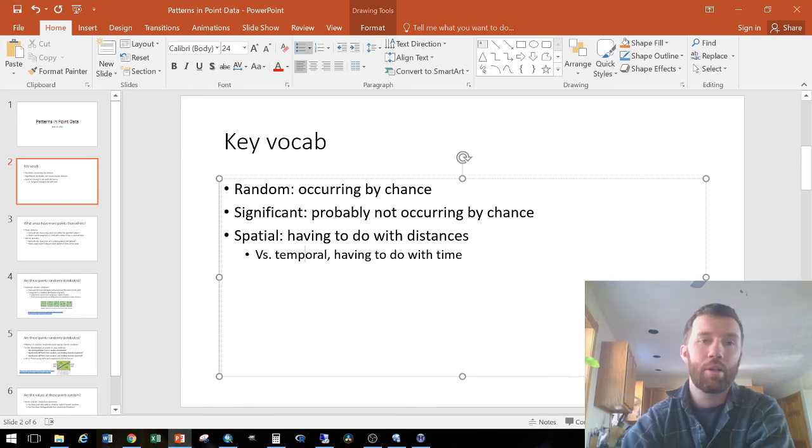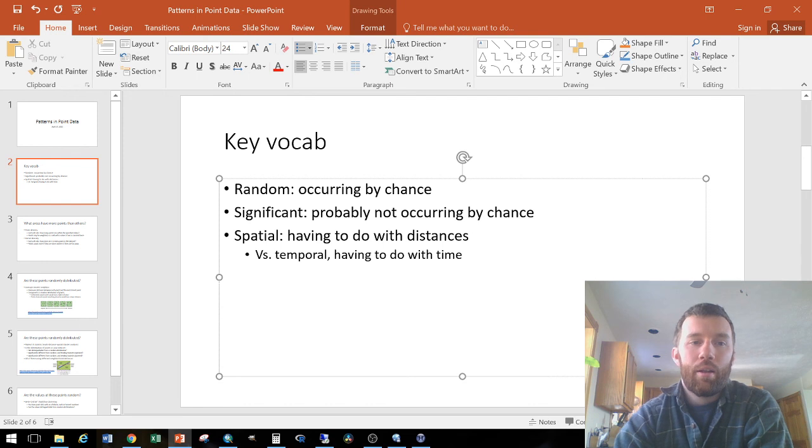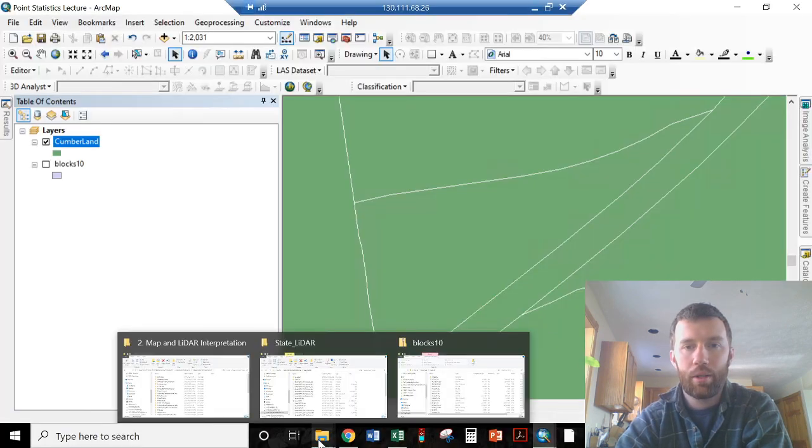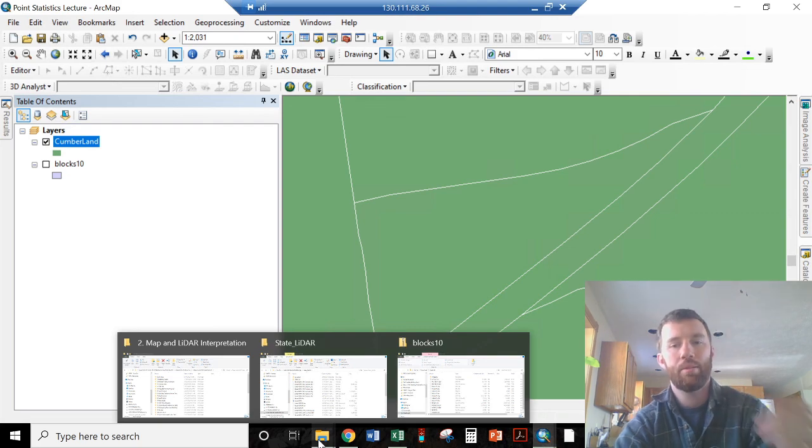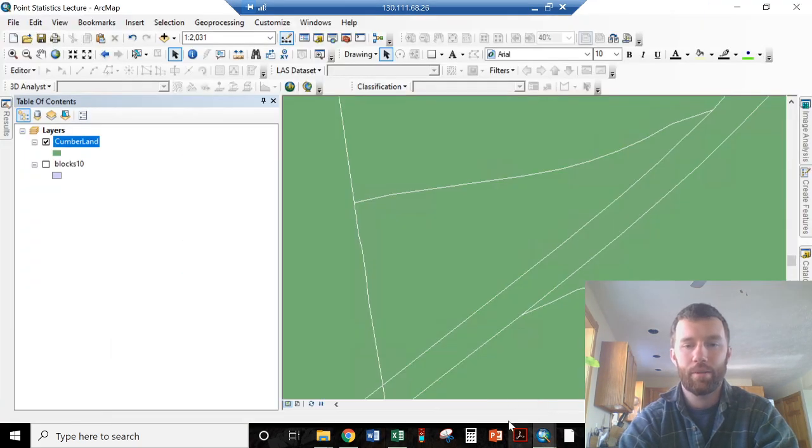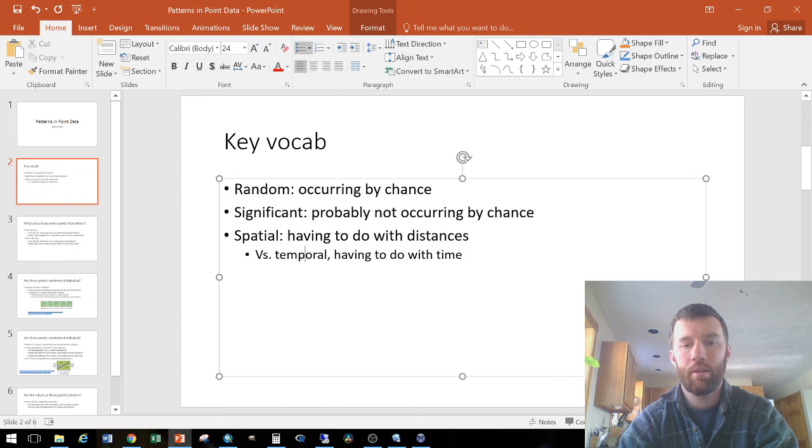And now we're ready to go into Star Trek. That didn't take long. So we are going to be working with the Cumberland County census blocks from 2010. Let's take a look at that. But let's do that in the next video. So I'm going to go back here, and this one